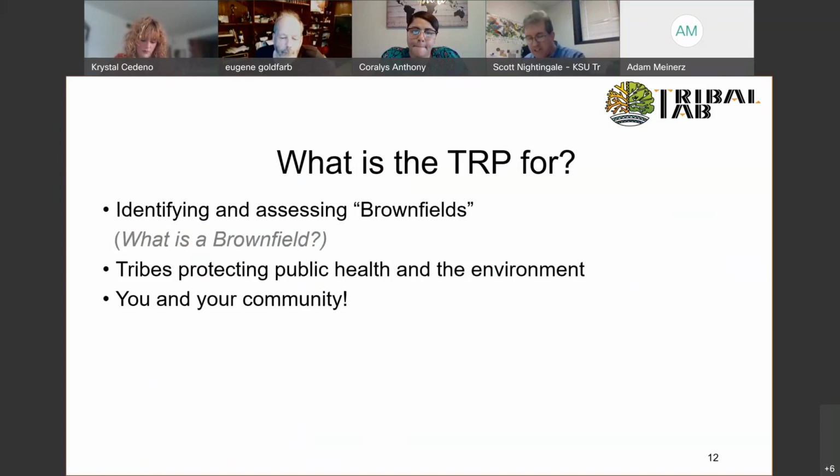Now, as related to housing, that's that future use that might not be happening because it's a contaminated site. Perhaps the tribal housing program is looking for buildings they could use for housing, and they're just writing off something because it might be contaminated. Well, the TRP program can work with the housing and get that addressed, assess the problem, clean up the problem, and turn it into a viable property for housing use. Next slide, please.